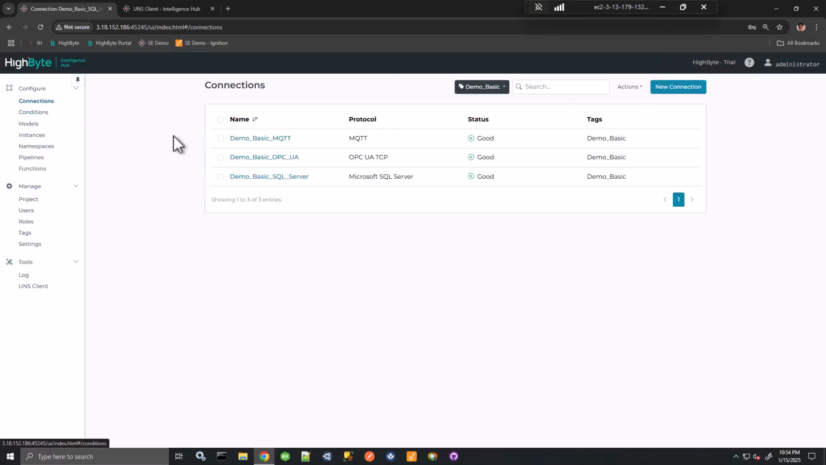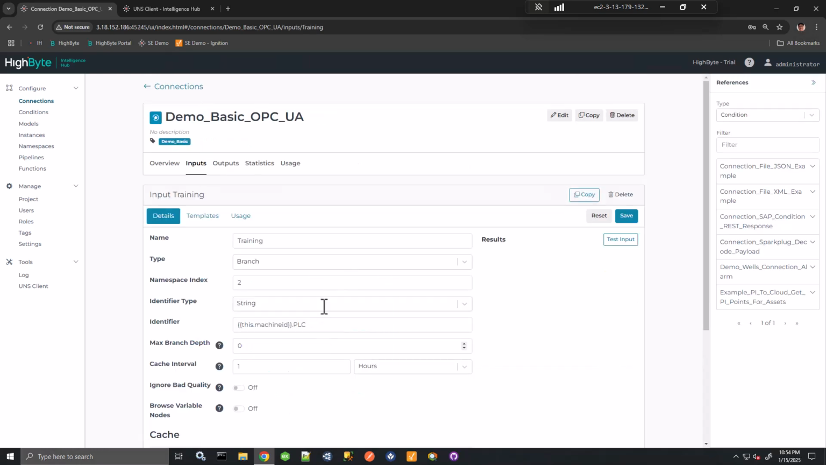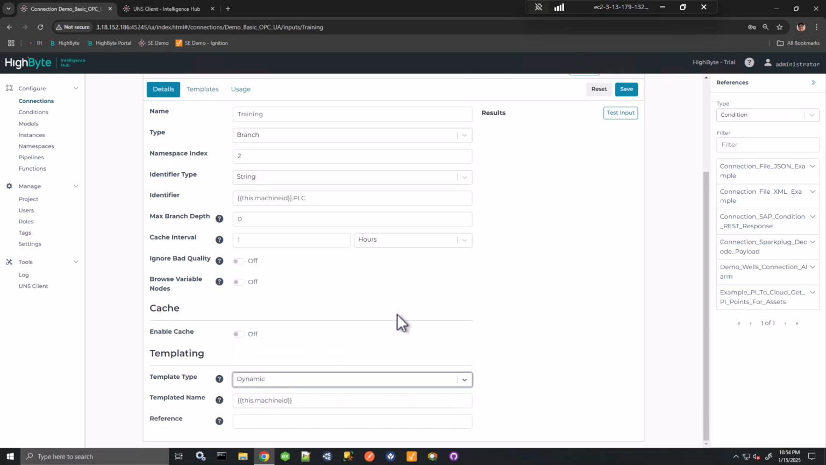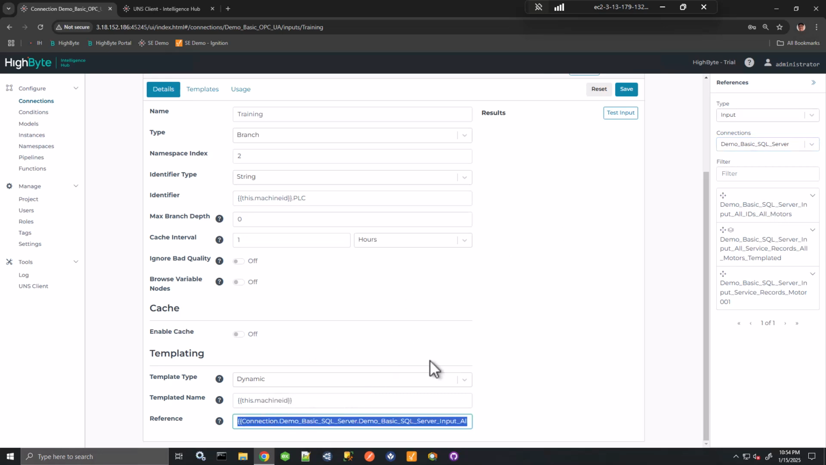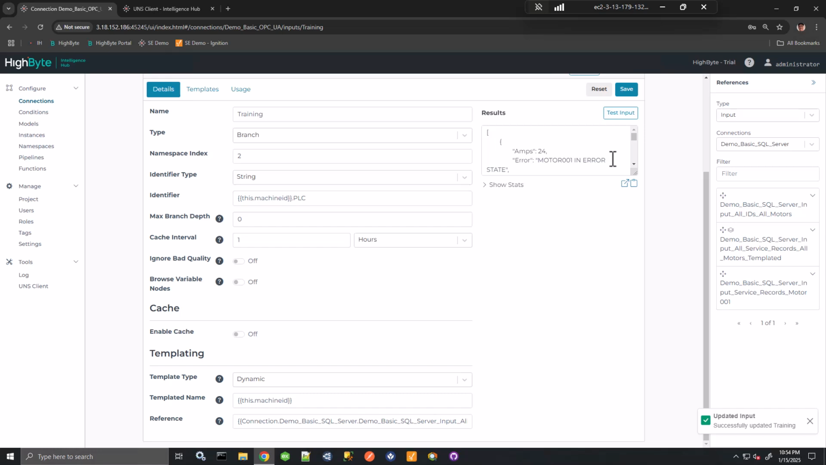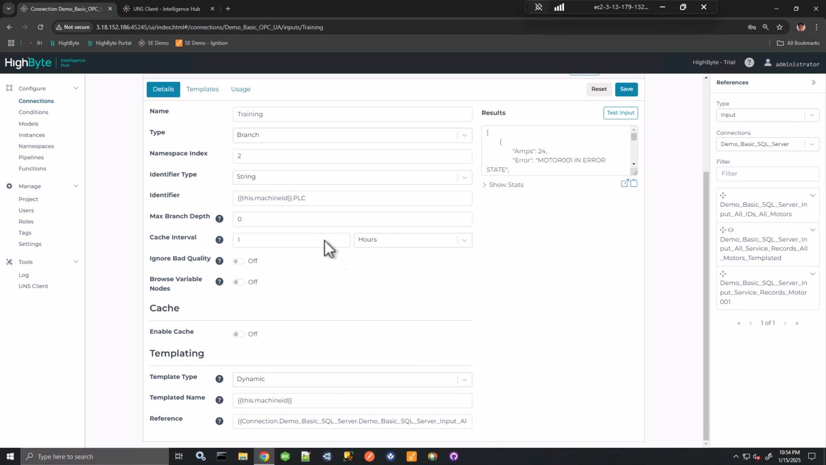So let's go back to the OPC UA connection, where I'm connected, training, and now I'm going to change to a dynamic template. Same template name, but that has to exist in that array that I'm pulling back. For the input, I use my basic demo SQL Server connection, and I'm going to pull that right into the reference, the entire array. And now when I save and test, again I'm getting back that full list, and you can see that I'm passing the motor 01 ID that's coming from the SQL Server into the OPC UA tag path to get back these